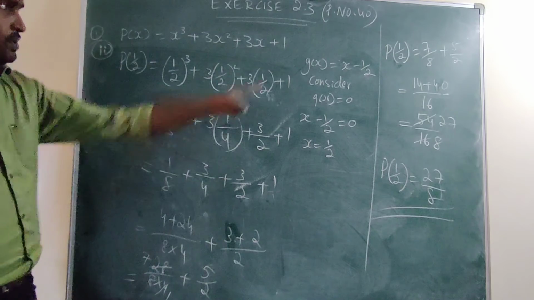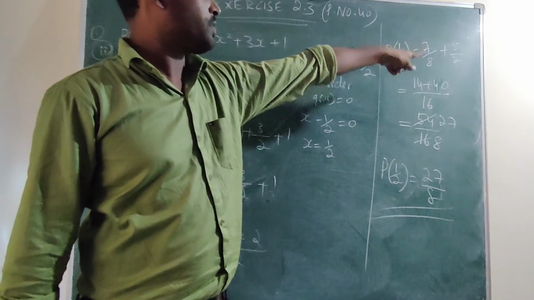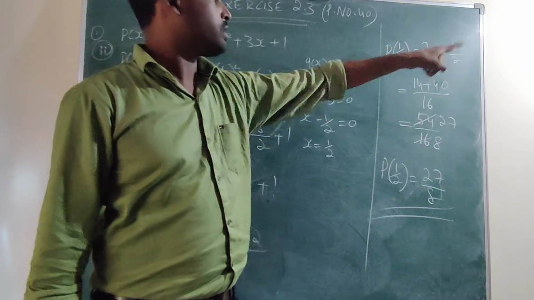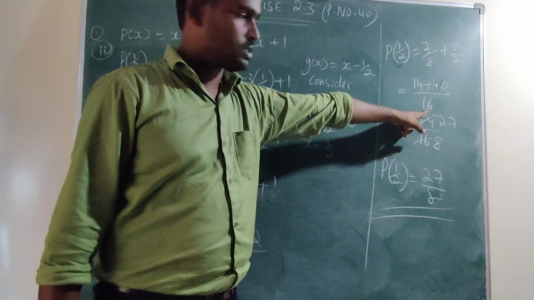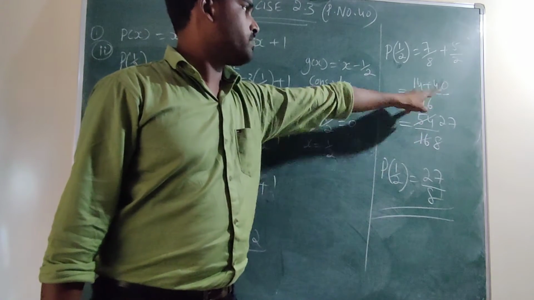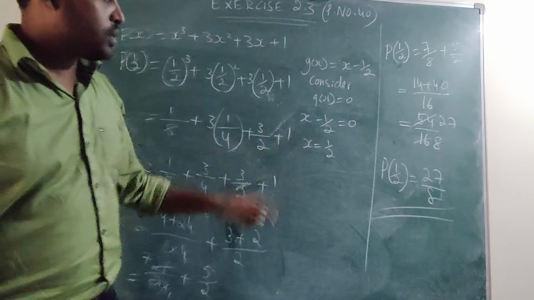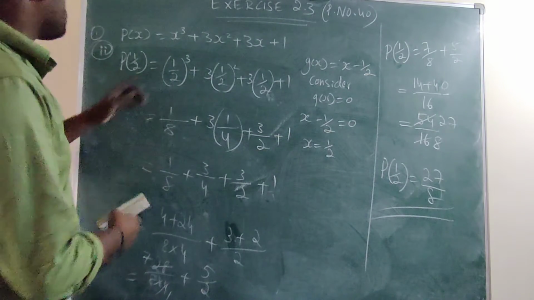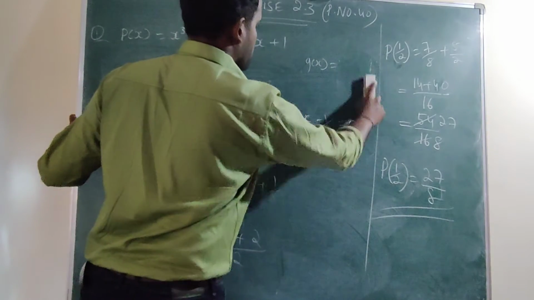4 ones are 4 sevens. Next, 7 by 8 plus 5 by 2. Go for cross multiplication. 7 2s are 14, 8 5s are 40, 8 into 2 is 16. Next, 14 plus 40 means 54 by 16. Final answer is 27 by 8. Same question number, sub question number 3 is